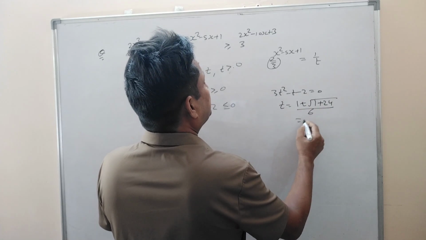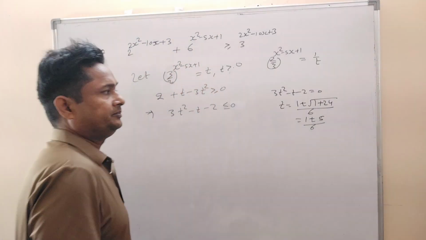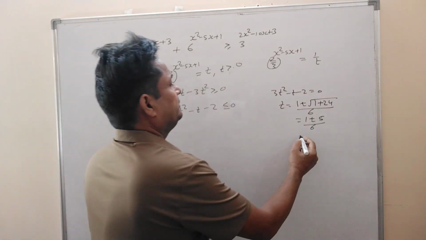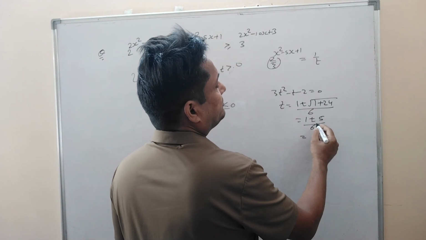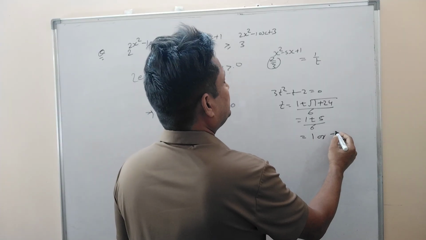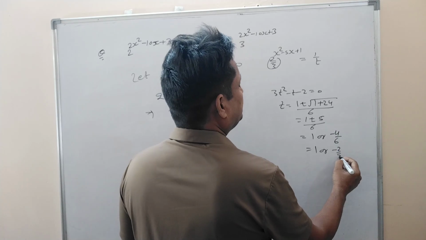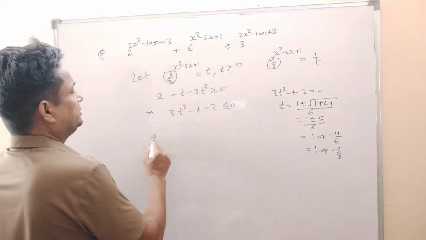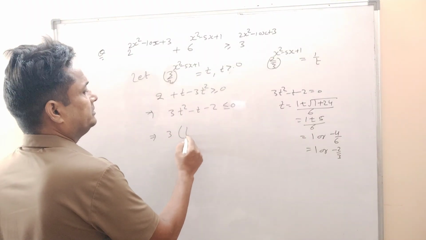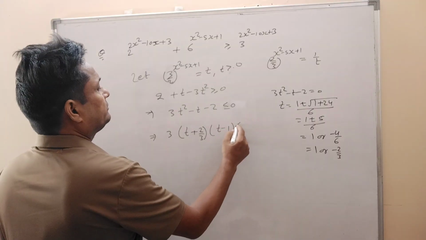24 divided by 6. So 1 plus minus 5 divided by 6. So it will be how much? If you take the plus sign, it will be 1, or if you take the minus sign, it will be minus 4 by 6. That means 1 or minus 2 by 3. So the factor of this one will be 3 times t plus 2 by 3 into t minus 1 less than or